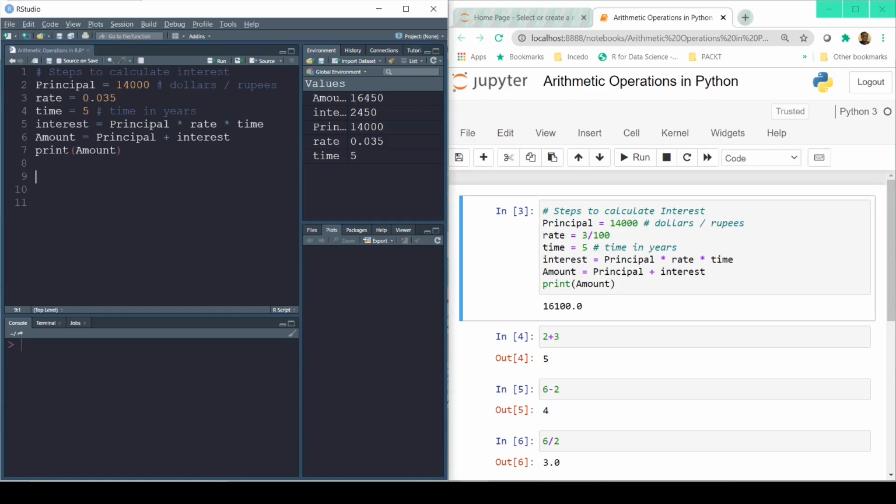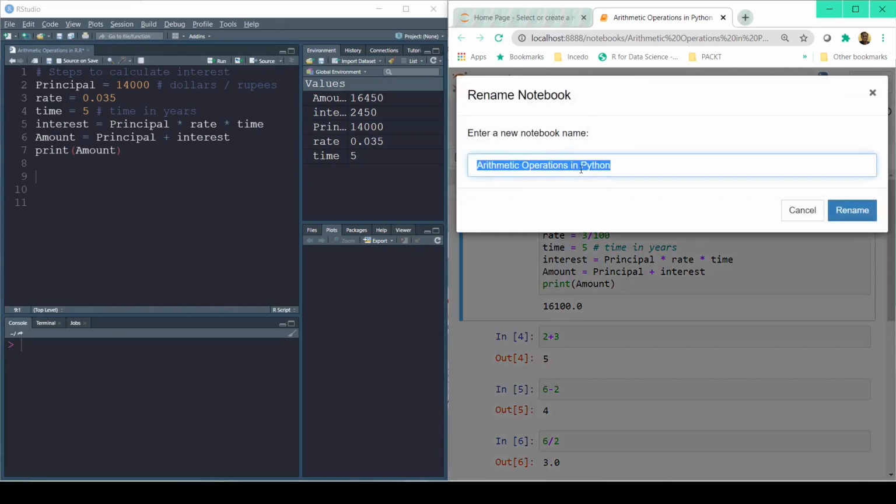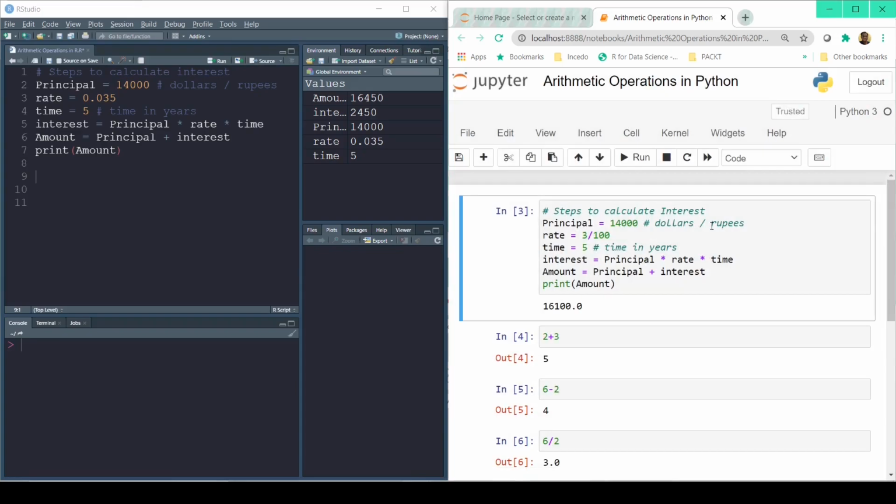Okay, before we get started, I hope you have already saved your previous files for R and Python accordingly. For example, in case of Python, in case you are seeing Untitled here, just click on this and give a proper name, in such a way that after 10 or 20 days, when you have more and more files, even just by looking at the name of the file, you know what to expect in that file. Similarly for R as well. And I have also added a comment here, steps to calculate interest. This is just for me to understand. Even before I go through the next few lines of code, I know what to expect once I read this comment here. Okay, now let's get started with the bracket notations.